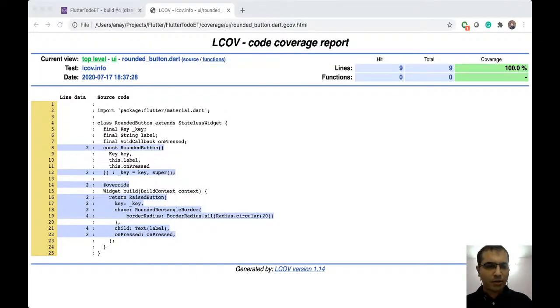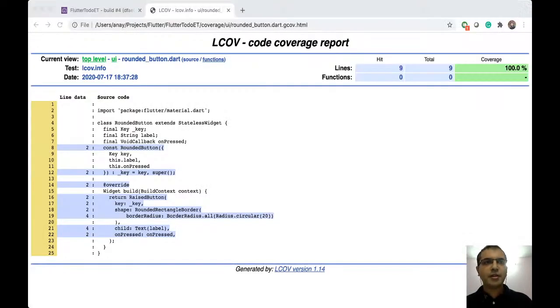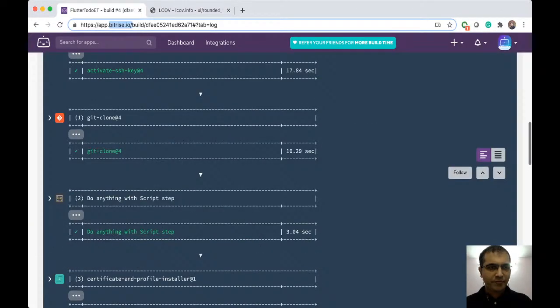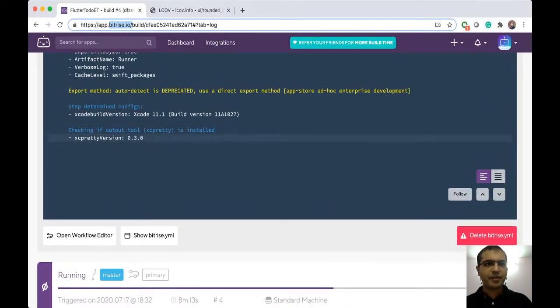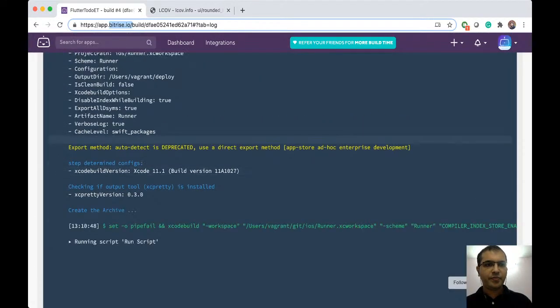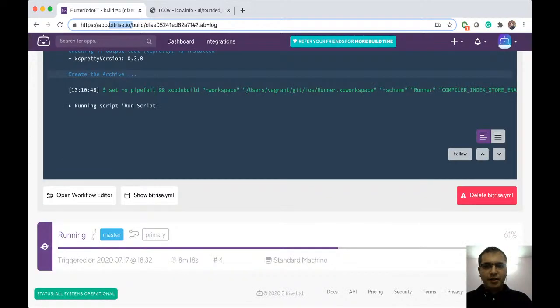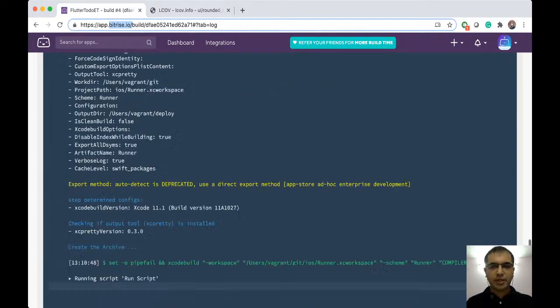Meanwhile, I'll go to the browser. Yeah, I'm already on the browser. Yeah, and has the test finished? It's still running. It's creating an archive, and once it has created an Xcode archive, it should make the build available.